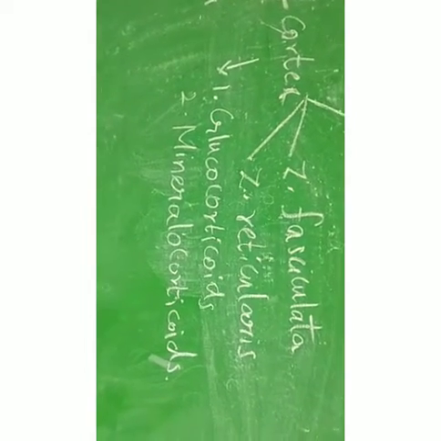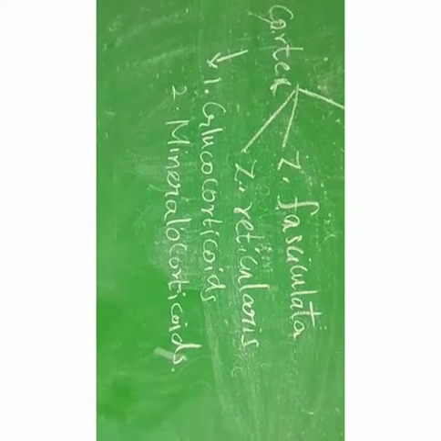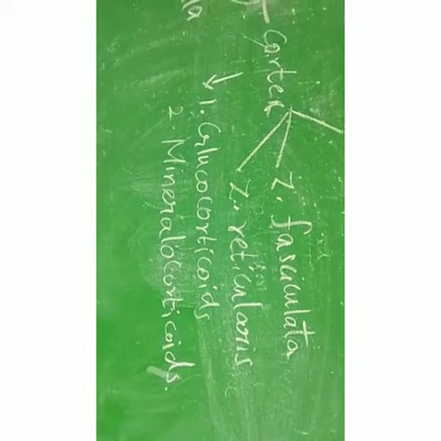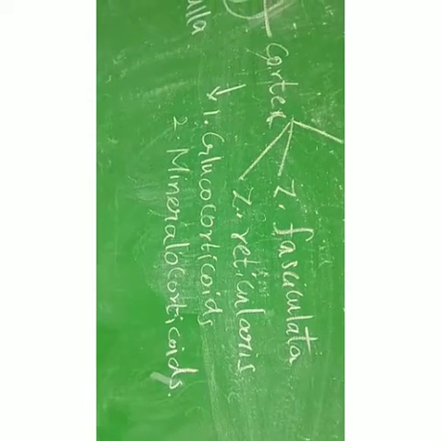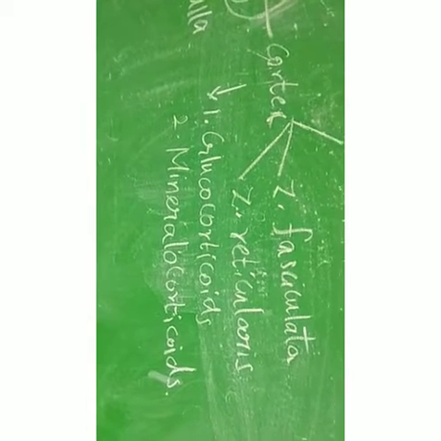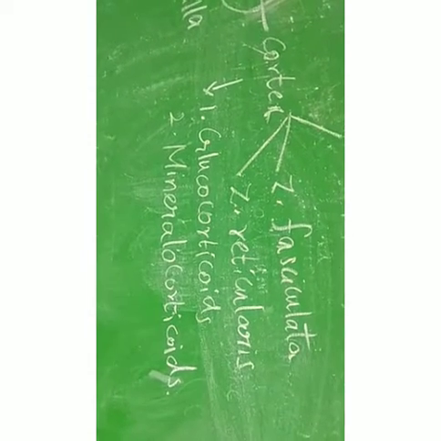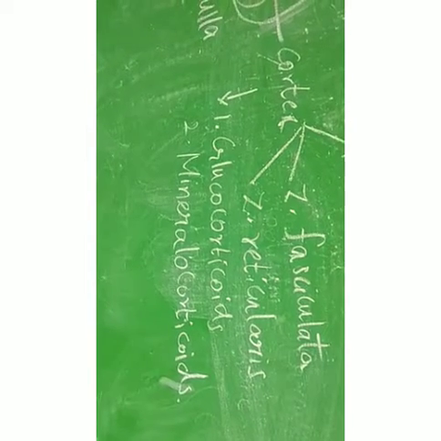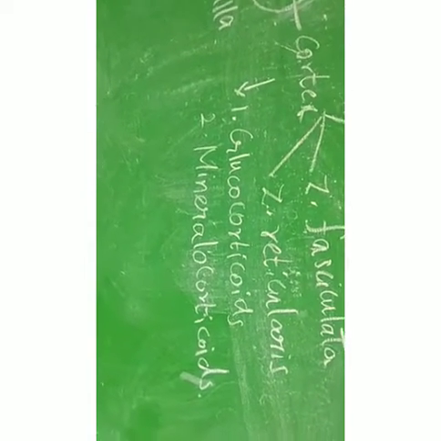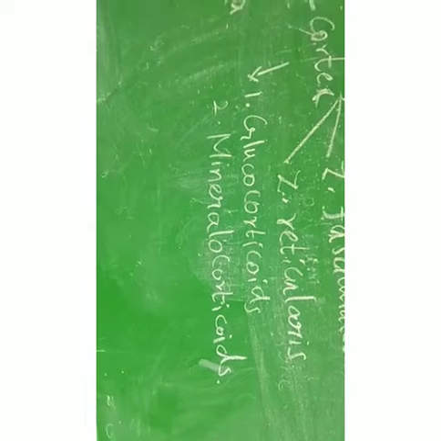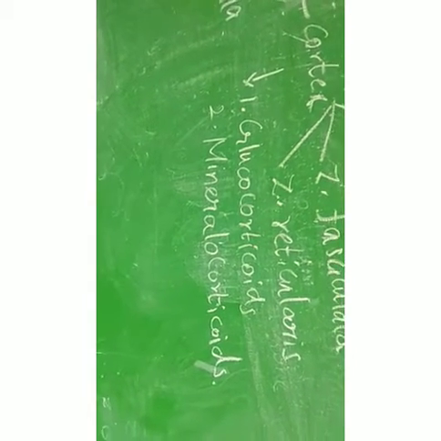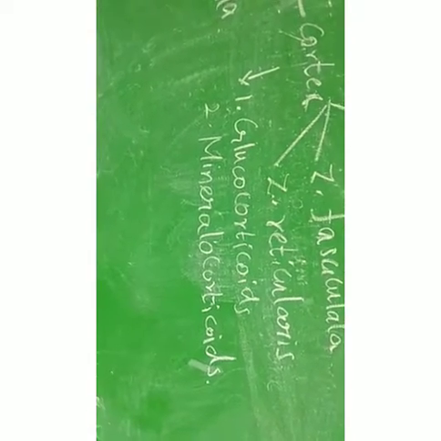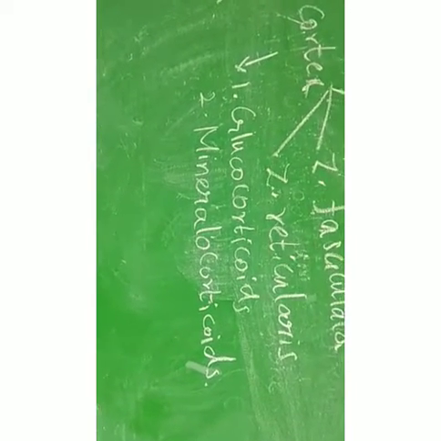Next we go to mineralocorticoids. Where are they secreted? They are secreted in the zona glomerulosa region. They help to absorb sodium ions from the renal tubules and also increase the excretion of potassium ions in the kidney. So they regulate electrolyte balance, body fluid level and volume, osmotic pressure and blood pressure. These are controlled by mineralocorticoid hormones.